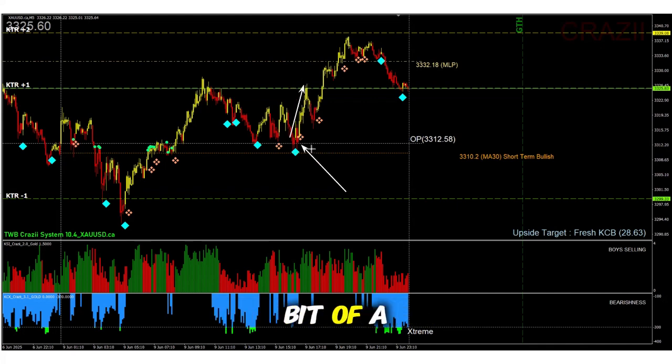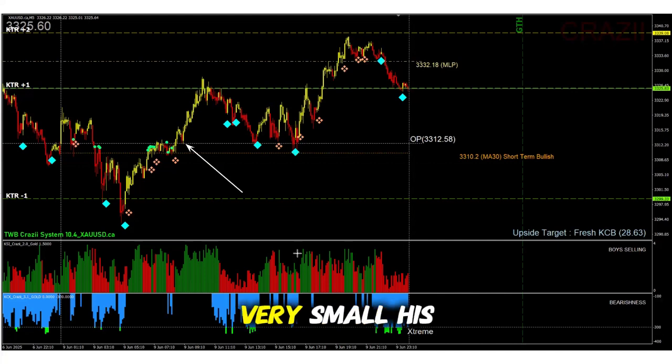Now there's a bit of sharing right here as well. A friend of mine, basically he buys here, where I'm showing right now. I show it again. He buys here. Okay, he buys only 0.1, very small. His capital can buy more than that. But he said, Cal, I lost money, I don't feel like buying a lot. So when the price goes higher a little bit, he takes some profit already. Not bad, I mean, $30, $40 in profit. Then after that, the price goes higher to KTR plus one, he books out. So I think his overall earning is around $90, $80.